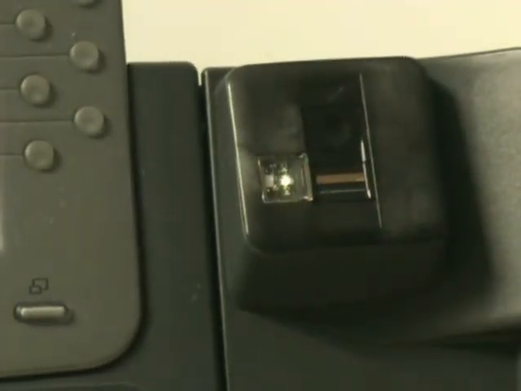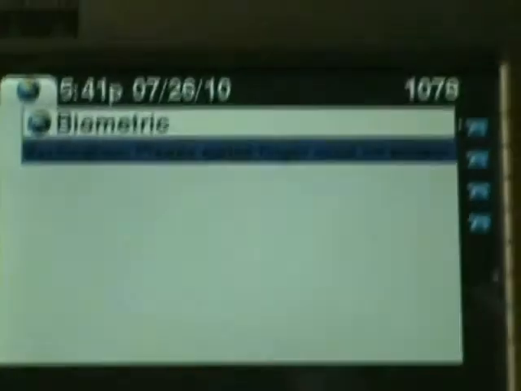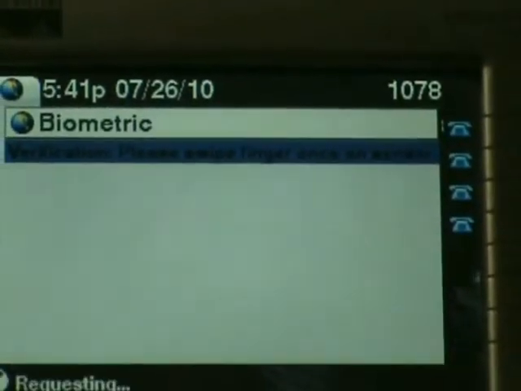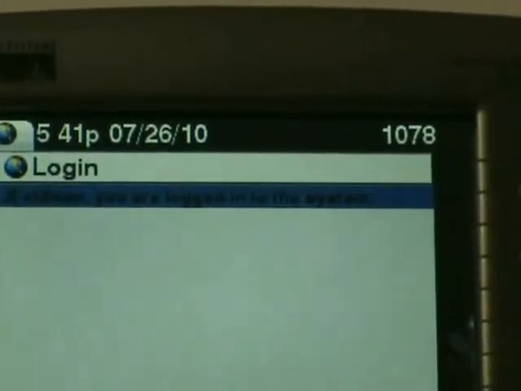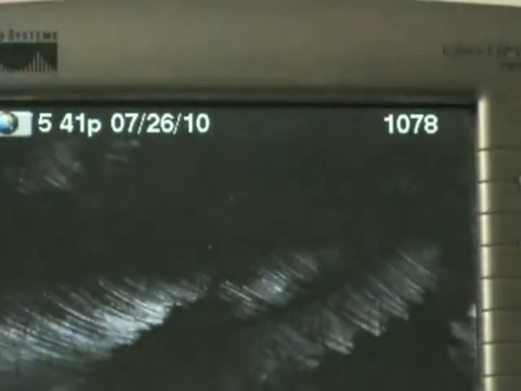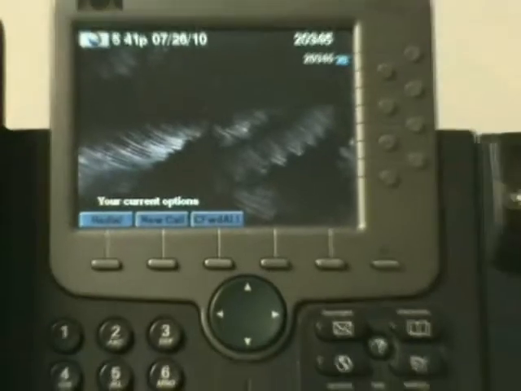The user swipes their finger, notices the blinking as a cue, asks the user to wait again, and you see the requesting sign on the phone, and the user is now logged in to the phone. The phone from extension 1078 will momentarily be logged into the extension mobility profile associated with this user. At this point,